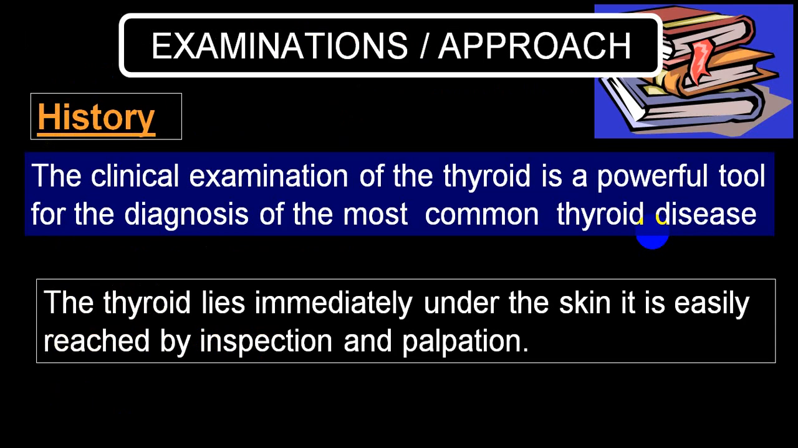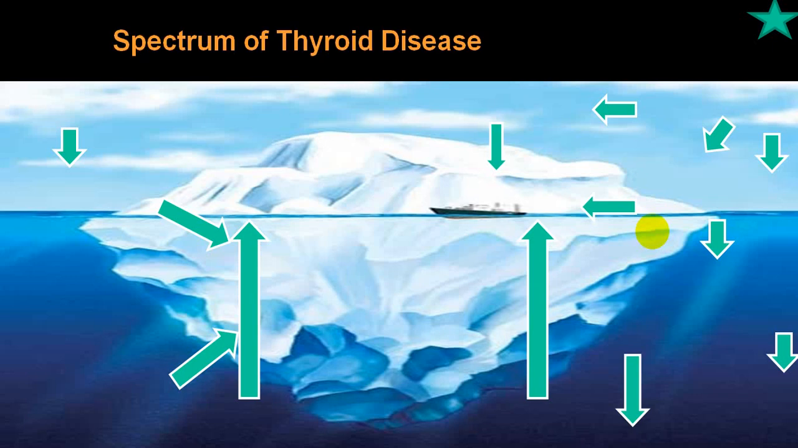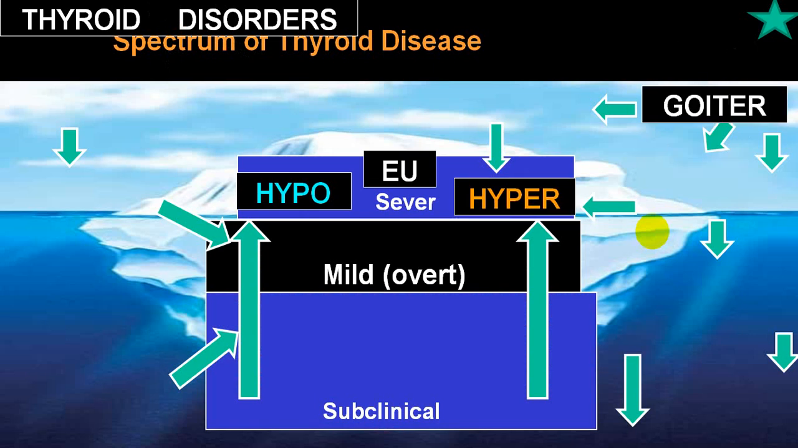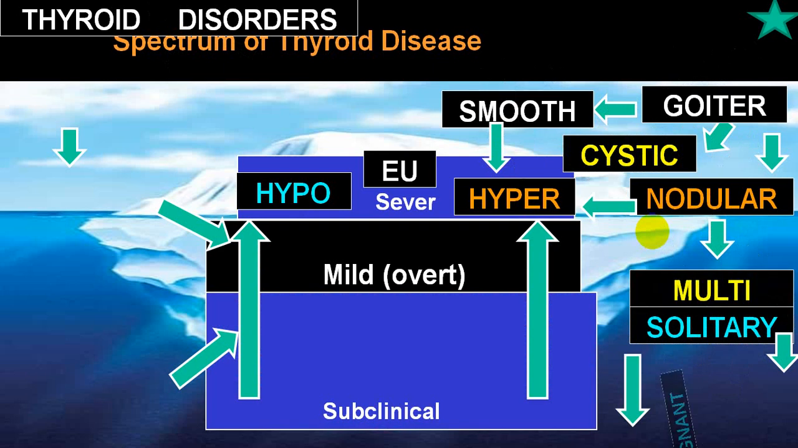So history is very important. Clinical examination is very important. So right from neck examination for goiter or nodule, neck lump, lymphadenopathy, symptoms and signs of thyroid disorders. These are all the different disorders which you can come across: hypo, hyper, euthyroid. You can have a goiter, you can have a smooth goiter, you can have a cystic goiter, you can have a nodular goiter, you can have a solitary, multinodular, you can have a malignant or benign,